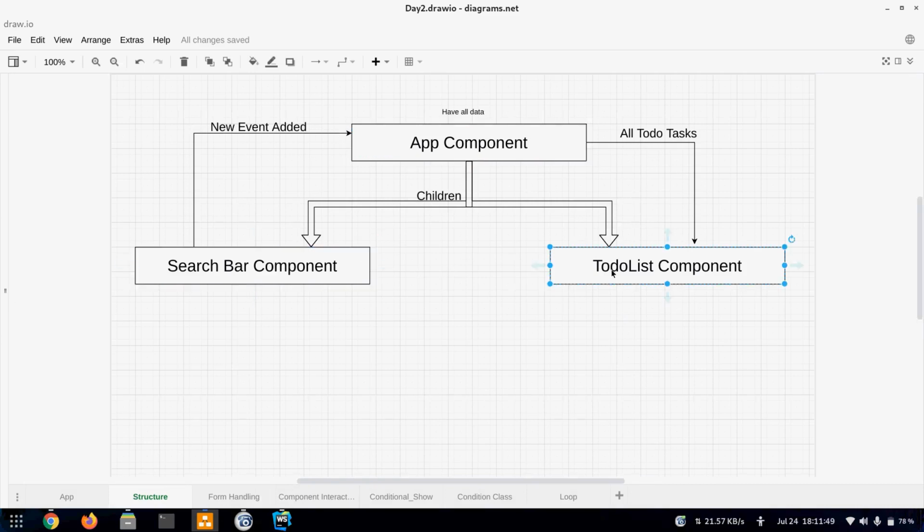It will have two children, the search bar component and the to-do list component. The app component will have all the data, and it will pass the data to the to-do list component to show. And whenever we click on the add button in the search bar component, something will happen and the app component will be informed, and it will add a new item in the array of the to-do list.